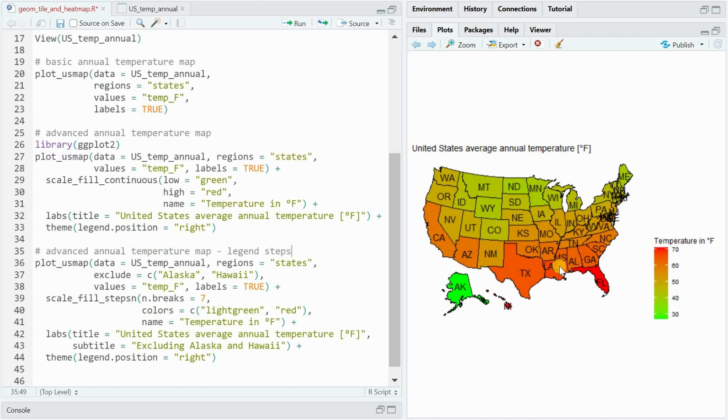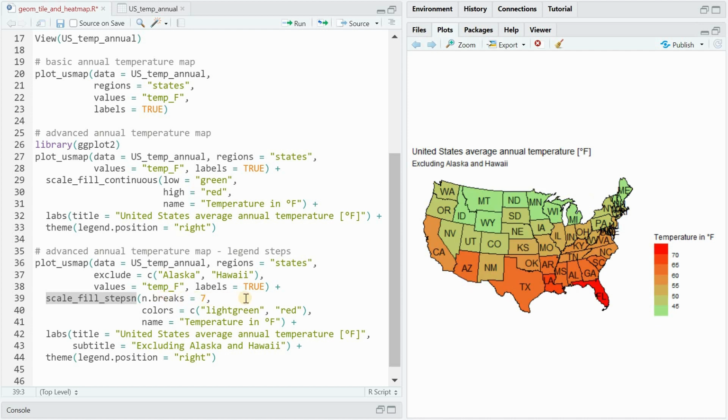Now I wanted to improve this map a little bit further because sometimes this continuous scale can be hard to decipher to really see the differences between the different shades of orange. So what you can use is the scale_fill_steps_n function, and with that you can say how many breaks you want to have for the continuous variable, and then it will create different buckets of temperatures, and now you only have 7 distinct colors for the different states.